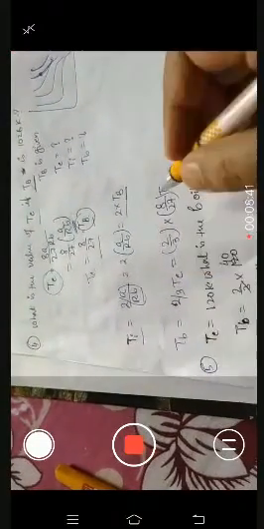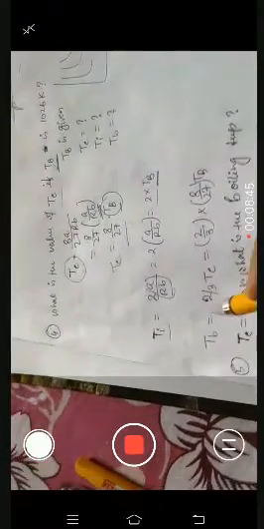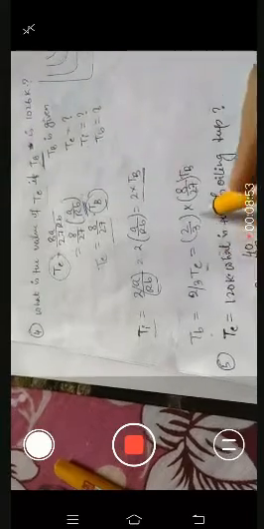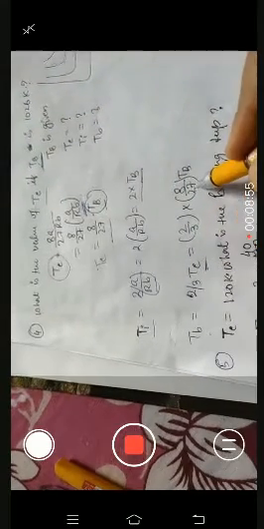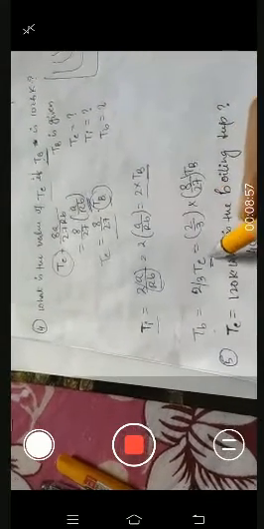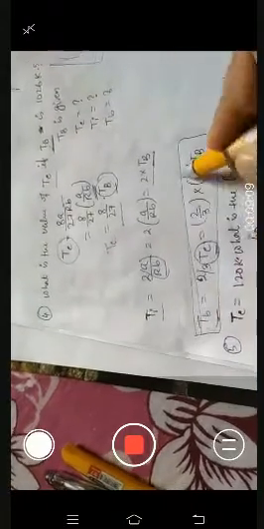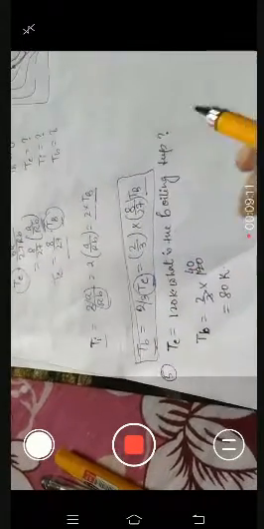Another relation was for TB, that is your Boyle temperature. The Boyle temperature is related to TC by 2 by 3 of TC. Then TC is 8 by 27 TB. So if they provide you the TC value and ask what is the Boyle temperature, or if they give the Boyle temperature, then you can calculate by this relation. So you should know the relation between these three.